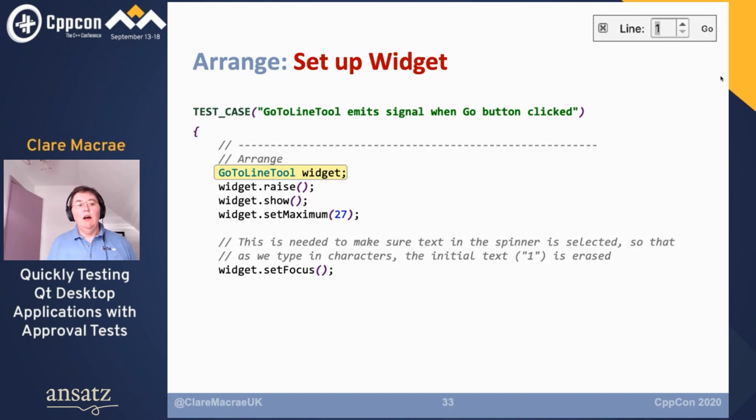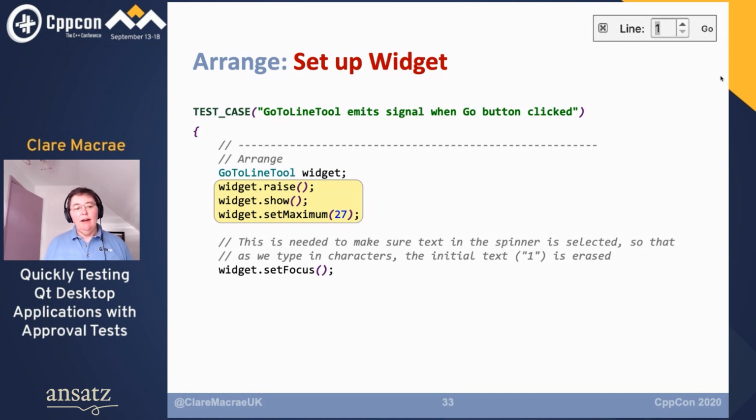So we start with our first arrange slide. And what we're testing is that the go-to-line tool emits a particular signal when the go button is clicked. We start by creating a go-to-line tool widget, and then we have to call raise and show to make the widget visible. And then for this test, we're going to say, pretend we're editing a document which has got 27